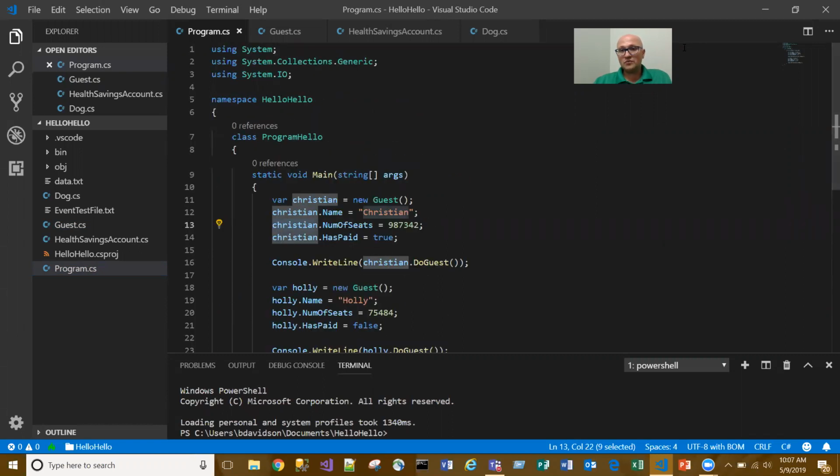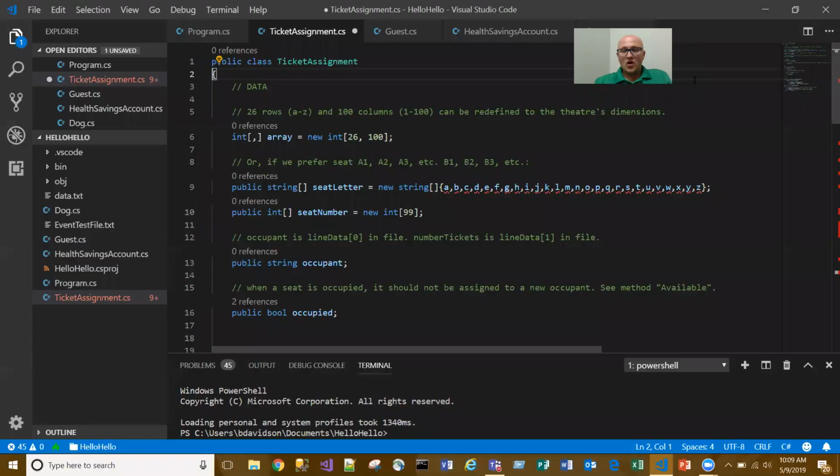I'll load up the next one. Okay, we've got the next class that was submitted loaded up. It models ticket assignments, and this is a very tough topic, so way to go, Kurt, for tackling a tough topic. Okay, ticket assignment here, we've got a two-dimensional array, so it's modeling the theater